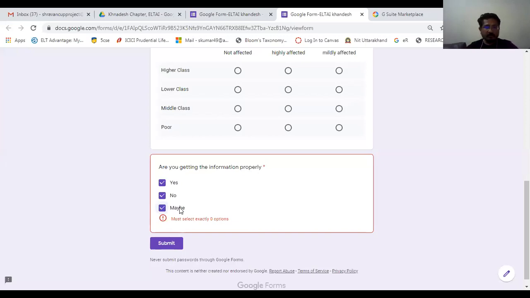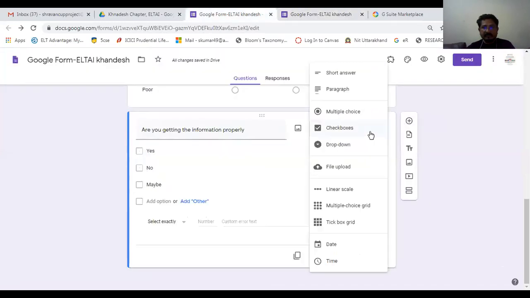Although here it says I can choose all the options, you see the response, must select exactly 0 options, means any one option can be selected, otherwise it will not accept. This is a required question, and to avoid this, at the back end I need to give the answer key. I'll let you know how that can be given. Clear? And then let me convert this into a tick box grid.